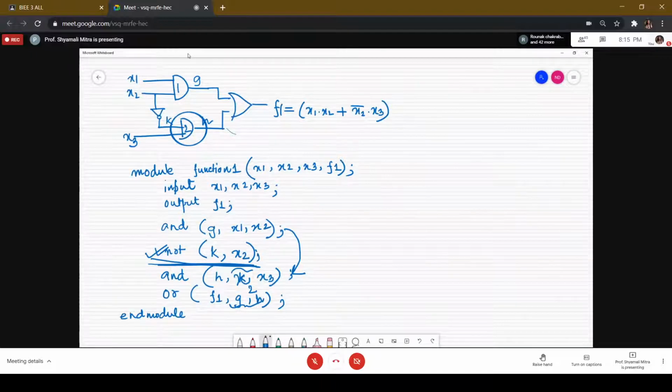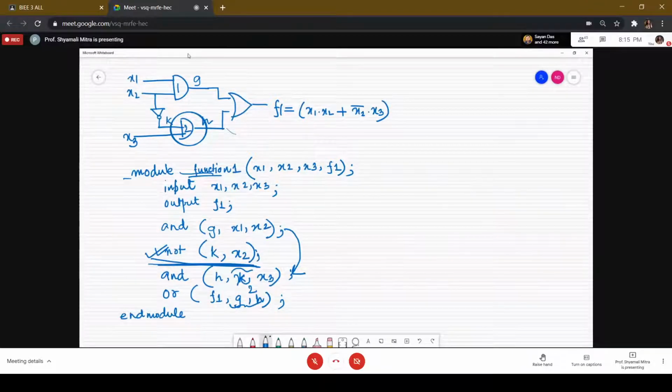If you write function 1 here with a small f, and in the next call you give a capital F, Verilog is not smart enough to find this one. So it is actually very case sensitive. You have to keep all the case sensitivities in your mind.